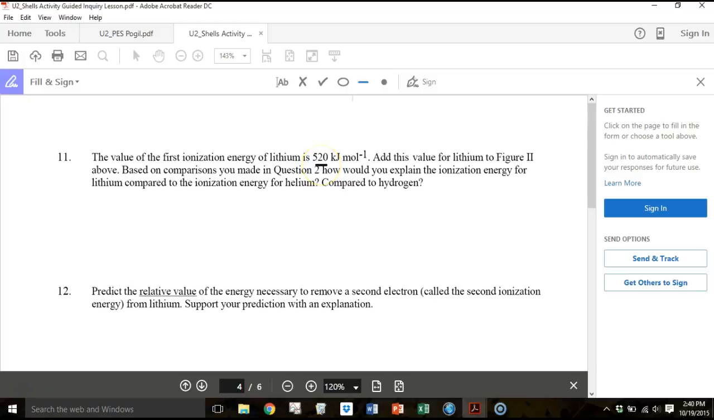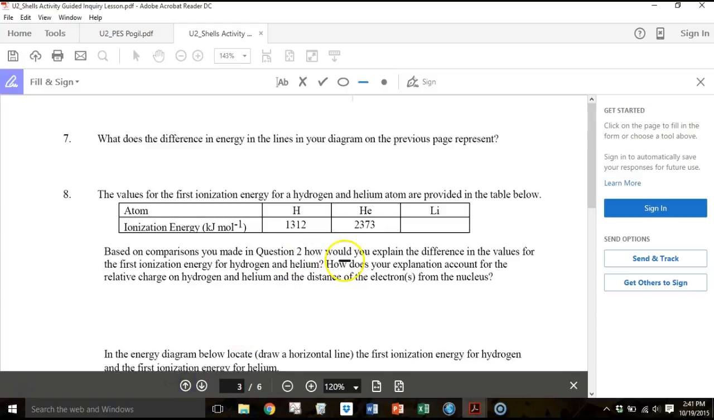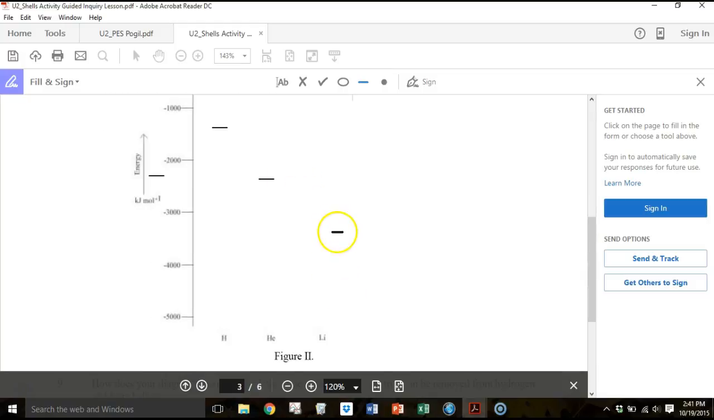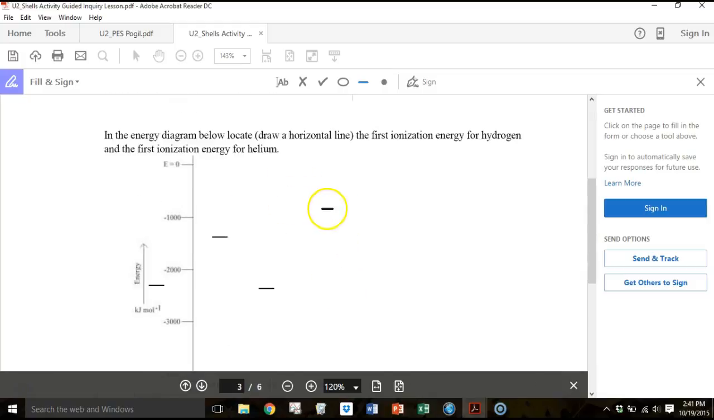It's actually 520. So when we look at 520, we'll add that to our graph. Again, the trend might have made us think it was going to be down here. Maybe you remembered what the trend was from previous years of chem, but this is actually where it belongs. So let's look at why we have an increasing ionization energy, and then next thing we know, we've got this